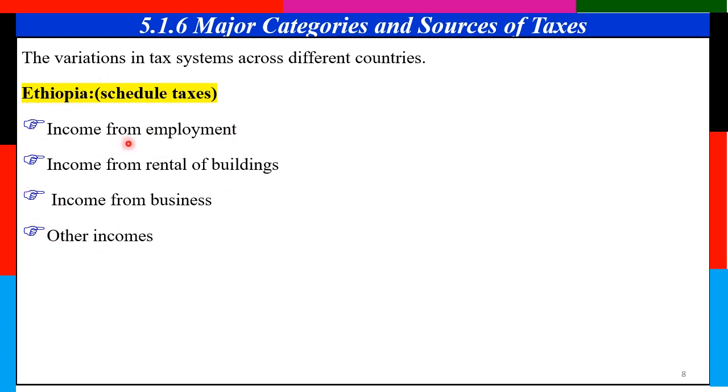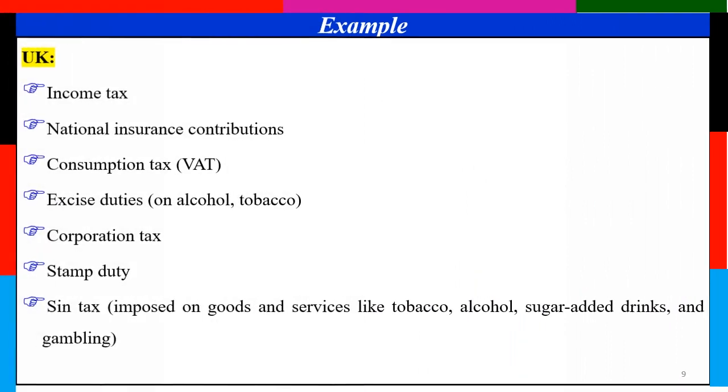Those are the source of the tax in Ethiopia. Maybe different. The Ethiopian source of the tax system may be different from another country. For example, when we take the United Kingdom, for UK,